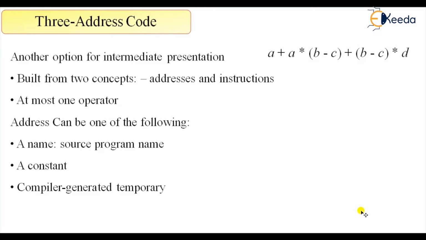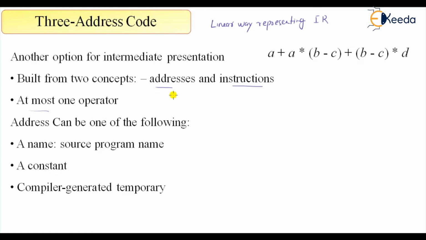Welcome again, and this is the part where we are going to spend most of our time, the 3 address code. This is one form of the linear representation. We can say that 3 address code is nothing but a linear way of representing IR, intermediate representation. And here it is built on two concepts, that is address and instruction, and at most one